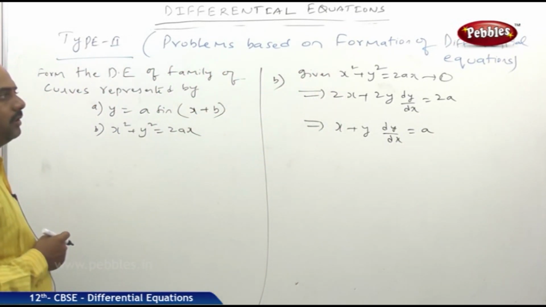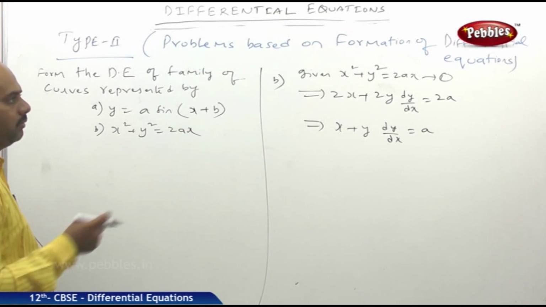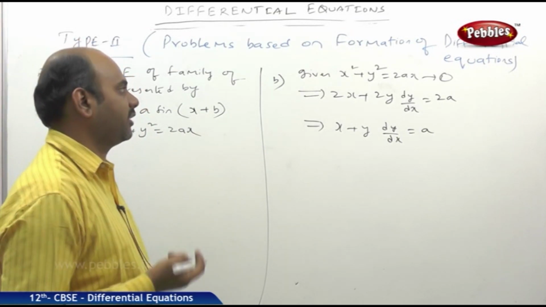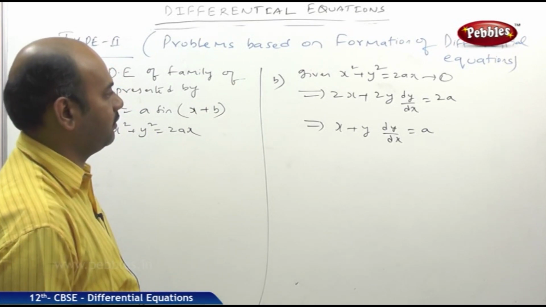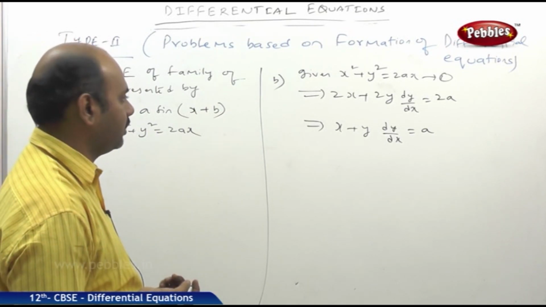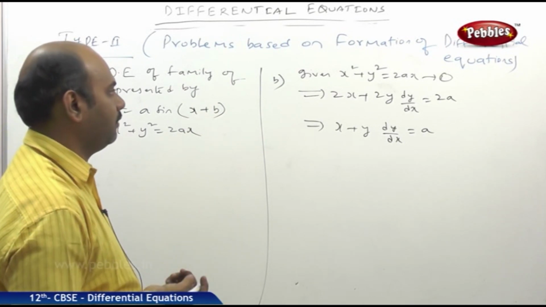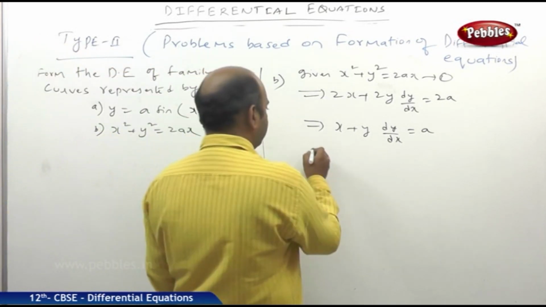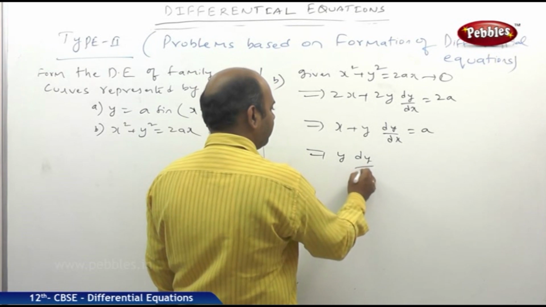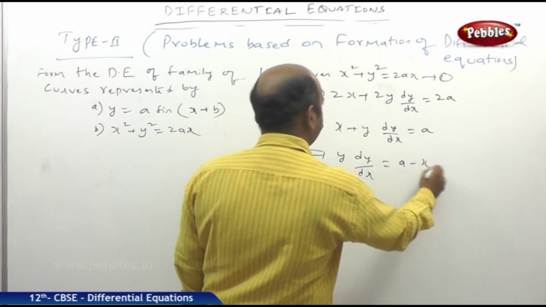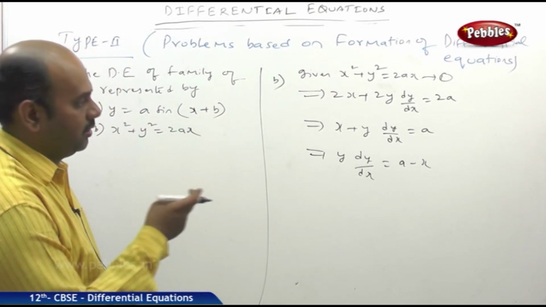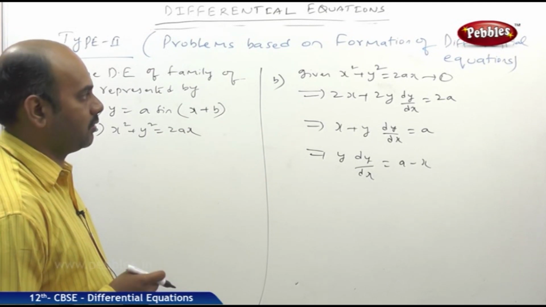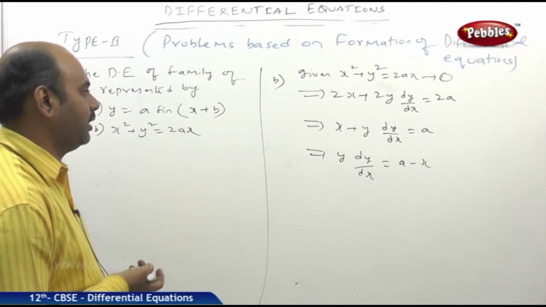Now we can get a differential equation easily from here also. How? In place of a, if I substitute x + y dy/dx, we can get a differential equation. Or else, y dy/dx = a − x, and squaring on both sides, like that also I will be getting it. But again a² will get involved, because if I do squaring on both sides, a² + x² − 2ax will be there. That will be a big headache for us.